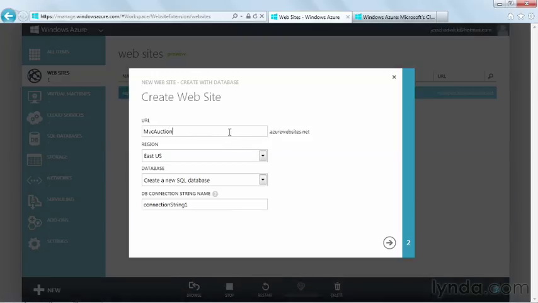First, enter a name for your site, but remember that this name must be unique. For instance, I'm using the name MVC Auction, and once I do, you will not be able to use this name. Since our demo application requires a database,